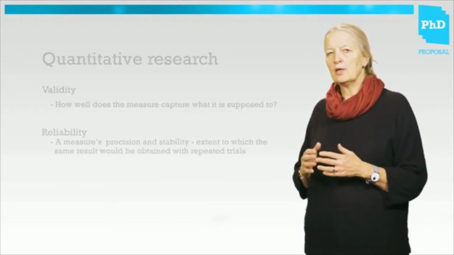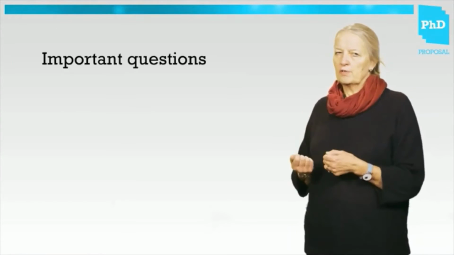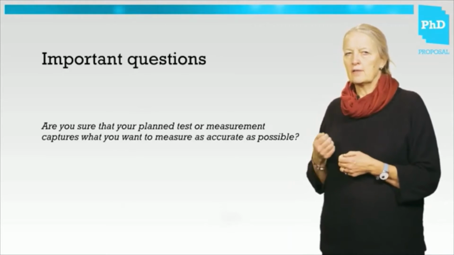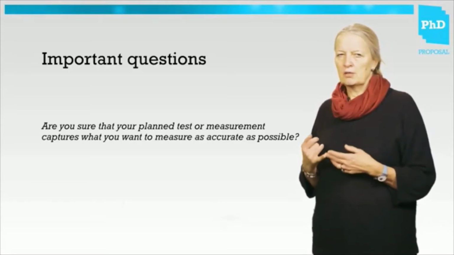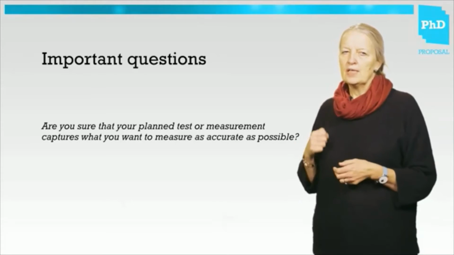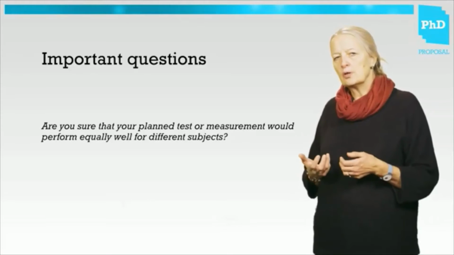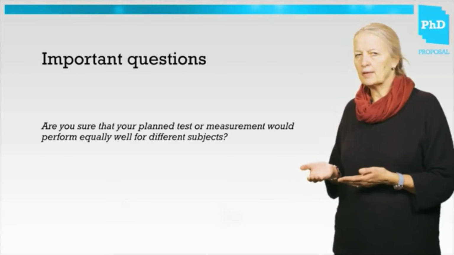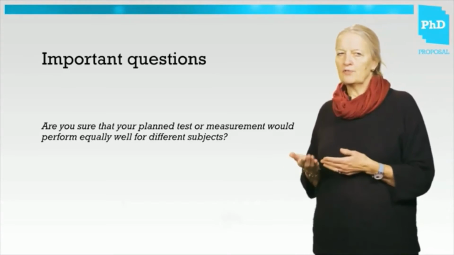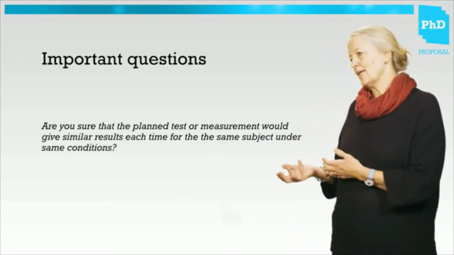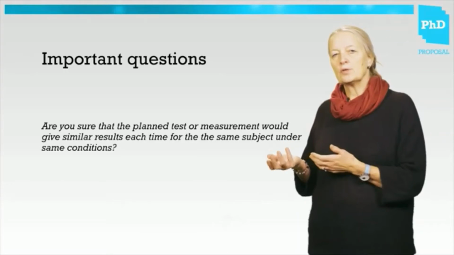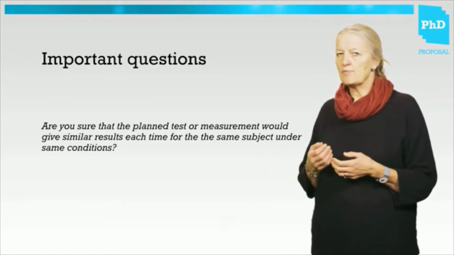To ensure validity and reliability, you can ask the following questions to your setup. First of all, are you sure that your planned test or measure captures what you want to measure as accurately as possible? Secondly, are you sure that your planned test or measurement would perform equally well for different subjects? And thirdly, are you sure that the planned test or measurement would give similar results each time for the same